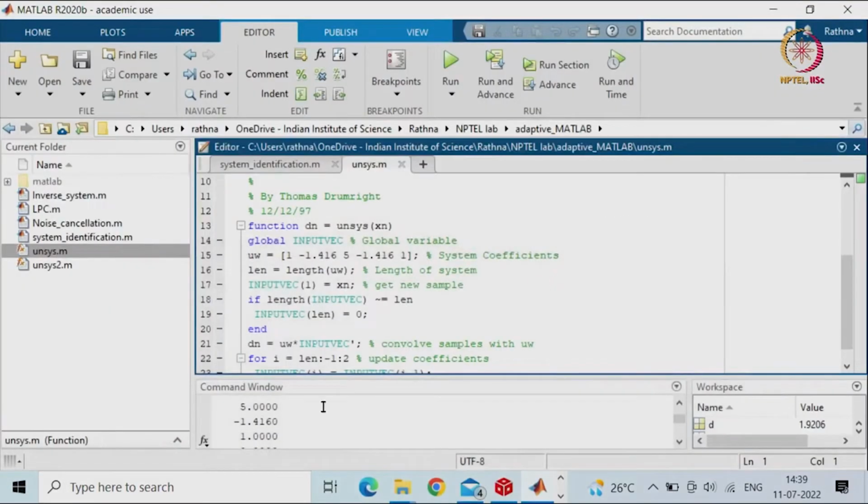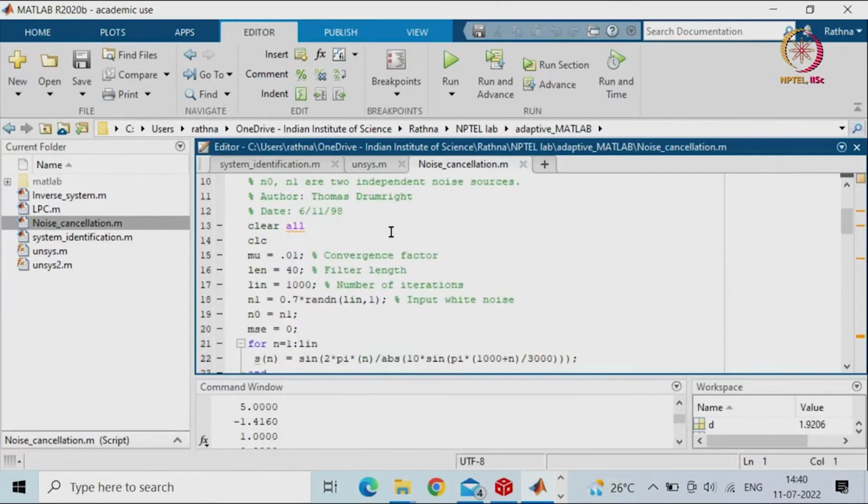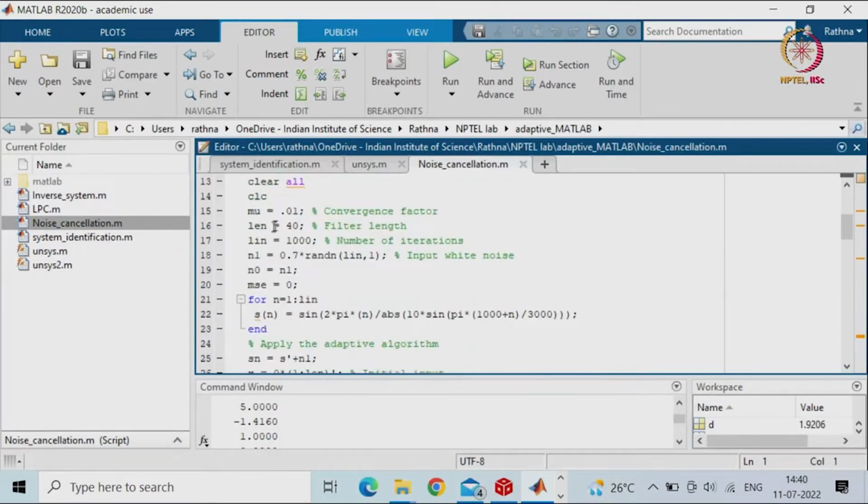So, we will go back and then see noise cancellation in this case. So, we will open this. This is adaptive noise cancellation. You will be seeing that mu is given as 0.01. So, you can definitely expect that the number of iterations is going to be more. Here it is running up to 1000 iterations, and then you have been given the input white noise